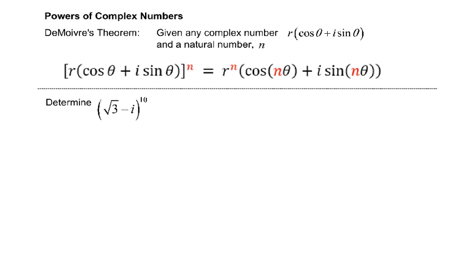So it says if we are given any complex number in trig form, and a natural number n, if we want to raise that complex number in trig form to a power, we have a shortcut way to do it. So in that last example in the previous video that we looked at right before this, we said,